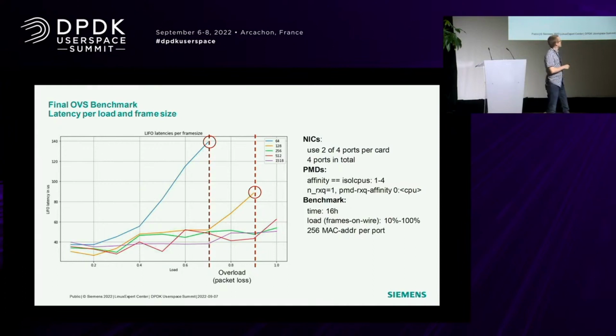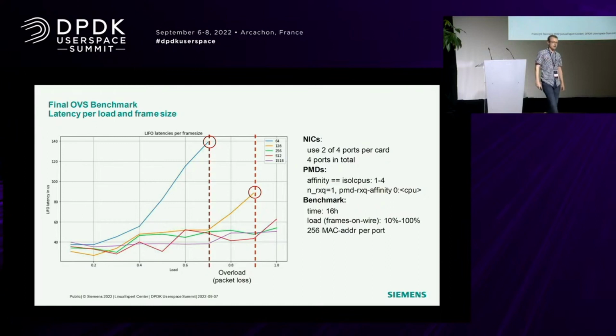Then we also configured the Open vSwitch to bind the affinities, to use just one RxQ per PMD, and also set the affinities of the RxQs so that they are not load balanced. We ran the benchmark for 16 hours to get some realistic results, and we played around with both the frame size and the